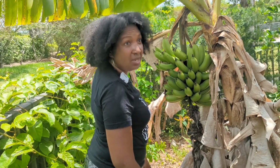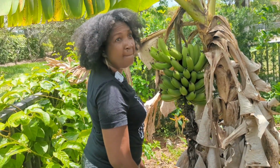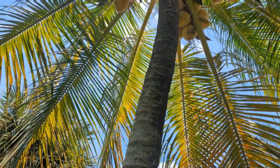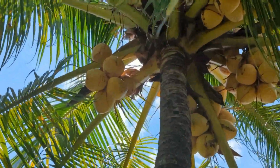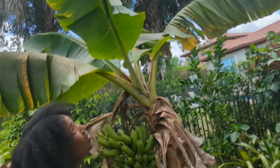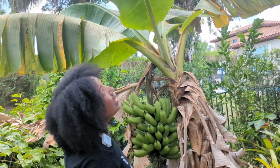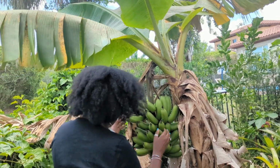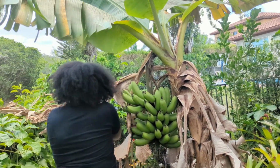Oh my gosh. Yeah. And of course, it grows well under the canopy of the coconut tree. I was a little bit surprised, I was concerned about that. Yeah, but the coconuts are right here and it's growing so well right here. That is incredible. That is absolutely beautiful. All right, so let's go past these beautiful bananas and let's look at the passion fruit